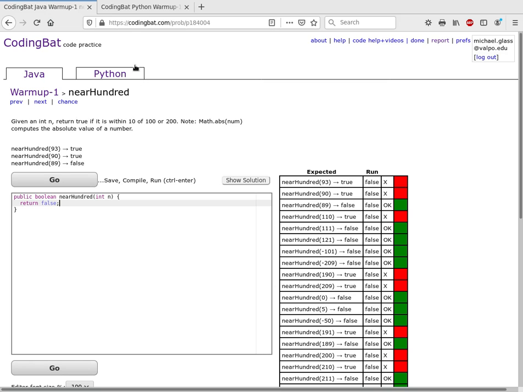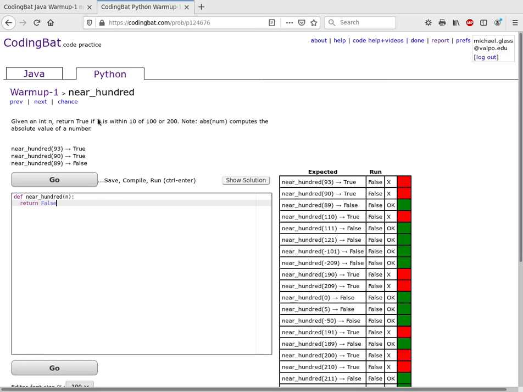So what we want is, we want if n is within 10 of 100. So if n is from 90 to 110, then I want to return true. Let's do this in Python. I'll just say diff